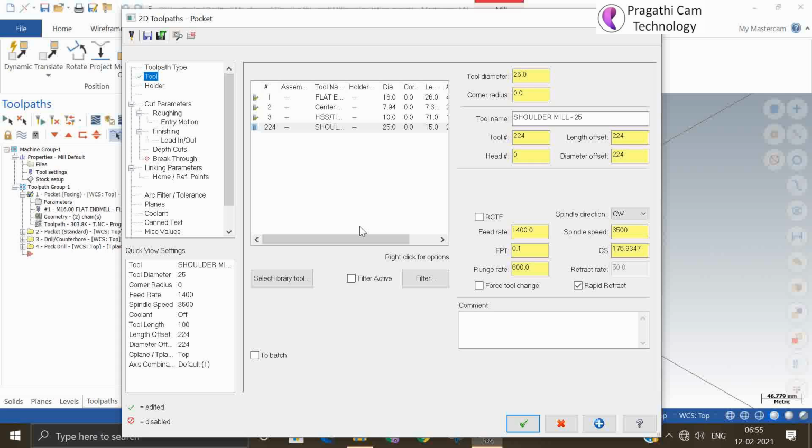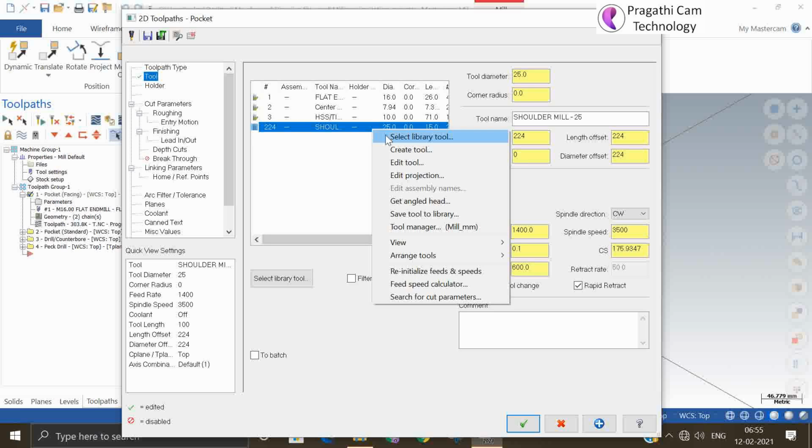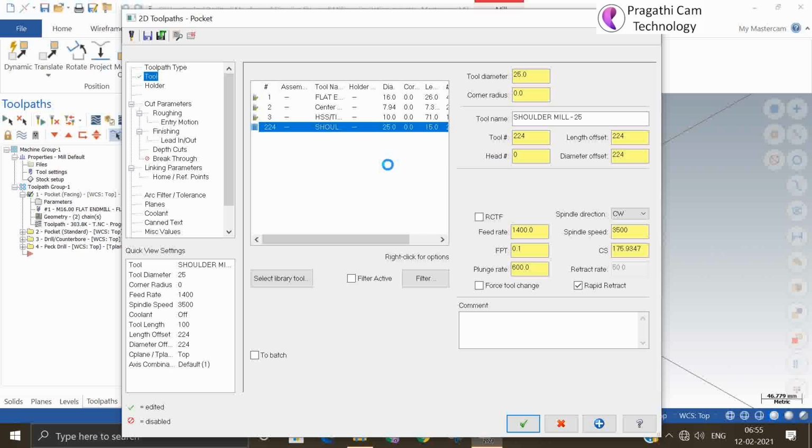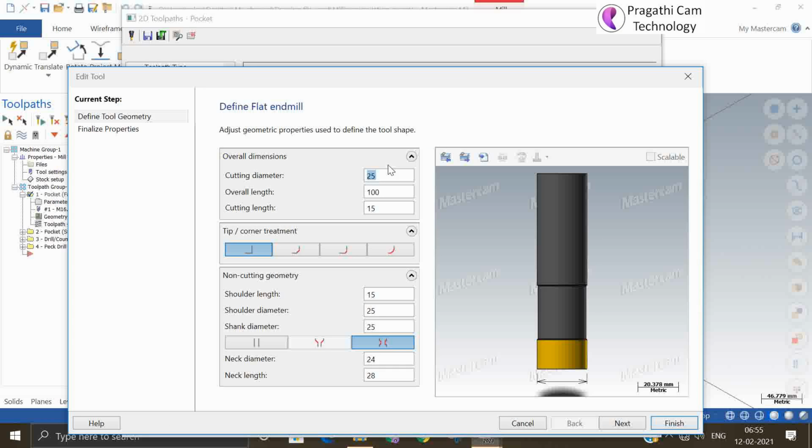So this is the 25 tool. Suppose a standard tool is available as 25, but I need a little less. So I can edit my tool. From the standard tool I can modify and reuse my tool.